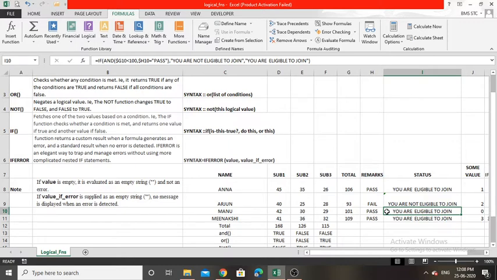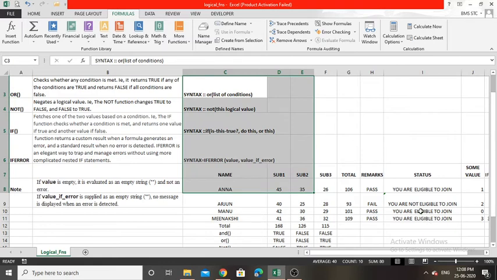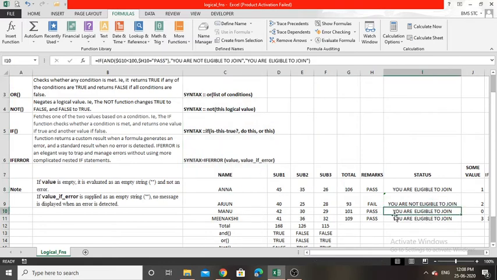What about the next one? Sorry, 101 is less than 100. So for this particular row, the first condition was false because 101 is not less than 100, right?